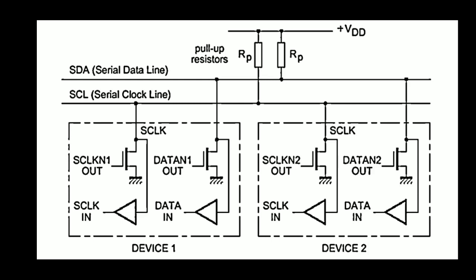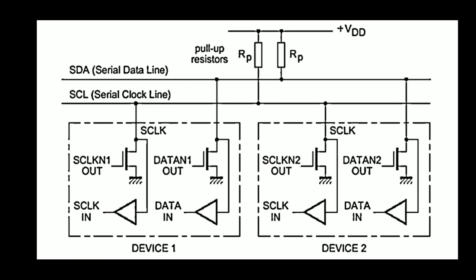And in order to start a communication, the voltage at this pin should be brought down to 0. Suppose device 1 is a master device and device 2 is a slave device, and device 1 wants to communicate with device 2. So device 1 needs to create a start condition, and in the start condition the serial data line of device 1 should initially be brought down to 0 voltage. In order to achieve that,